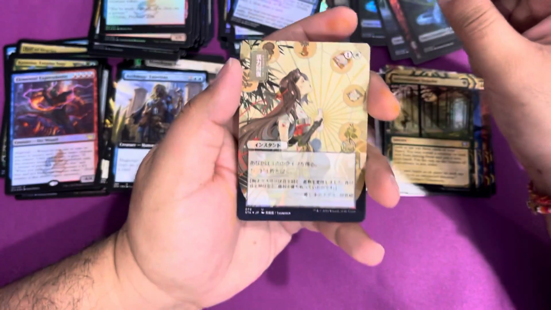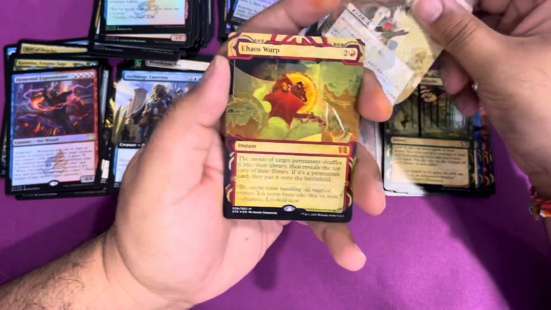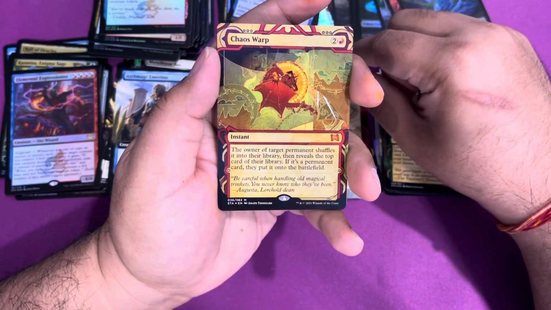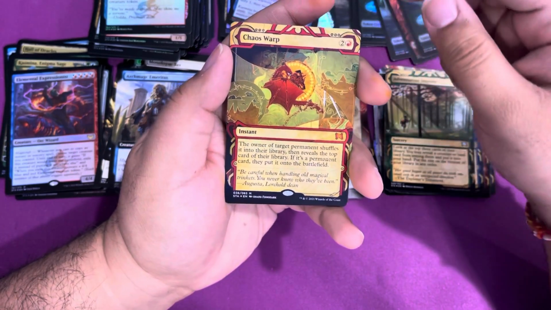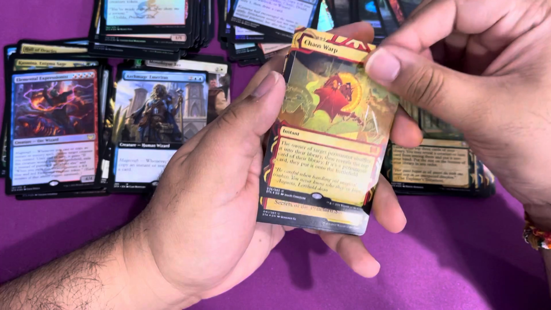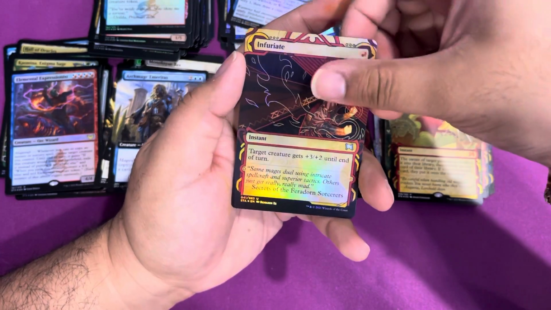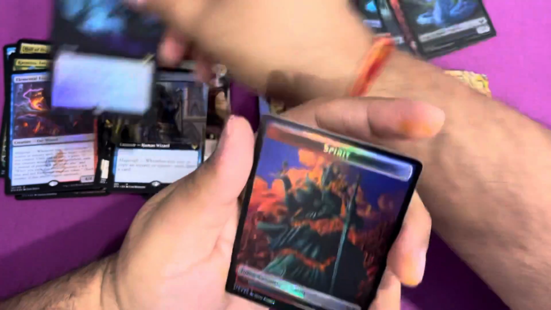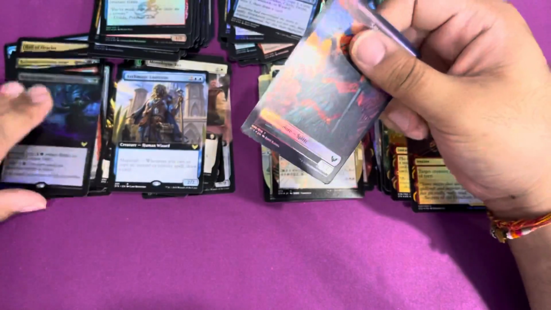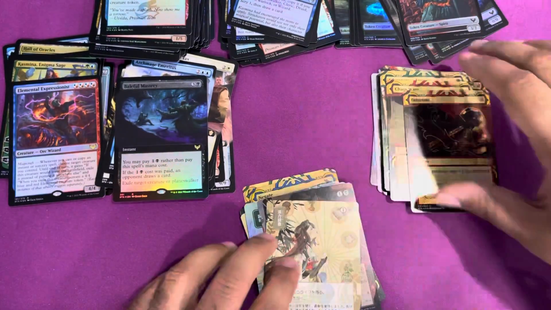We have Revitalize, etched foil Japanese. Oh, so we have Chaos Warp. It is a mythic etched foil international release. We have a foil Infuriate international release and a Baleful Mastery extended art foil, which I put in the wrong pile. It goes in this pile right here, and a Spirit token, which makes me really wonder